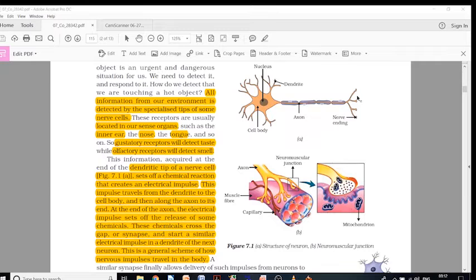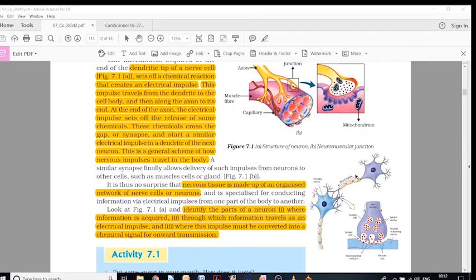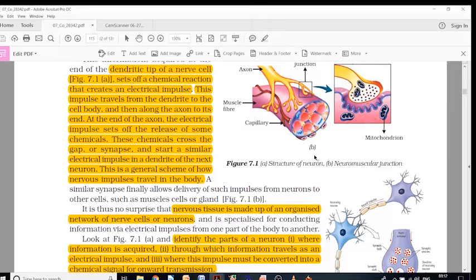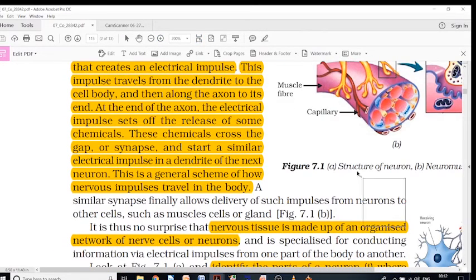The electrical impulse releases some chemicals, and these chemicals then cross this gap. That means between two axons, see, this is one nerve cell and this is another nerve cell. So between two nerve cells, if you can see,